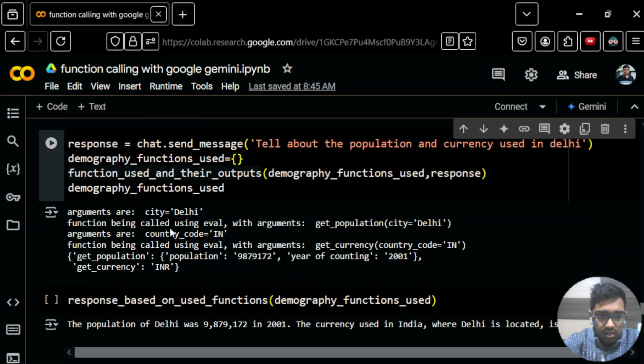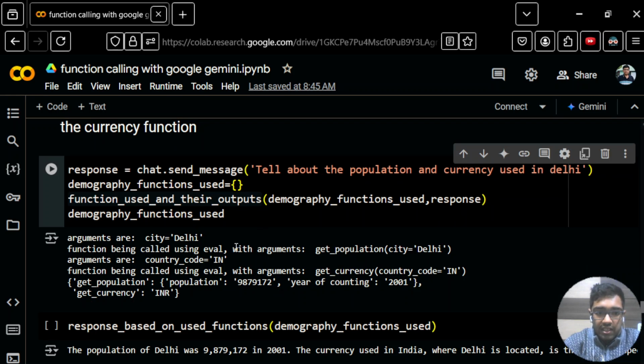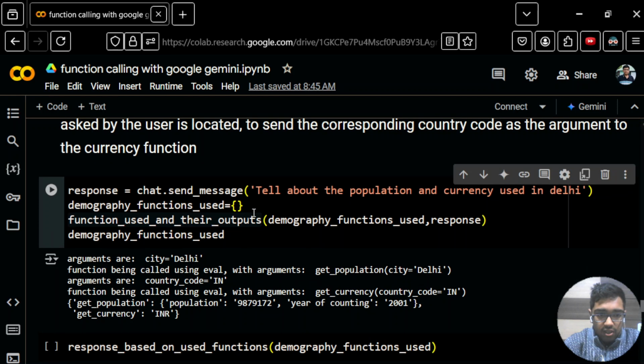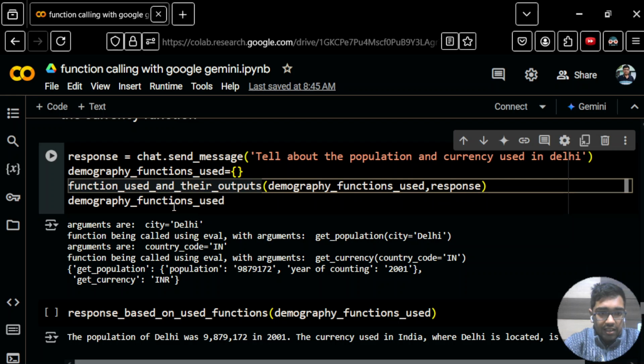Then the argument called country code. Delhi is actually inside the country India, and for India the country code is IN. So we are invoking this get currency function with the country code of IN. After getting these two functions, this function will be complete, the functions used and their outputs, and then